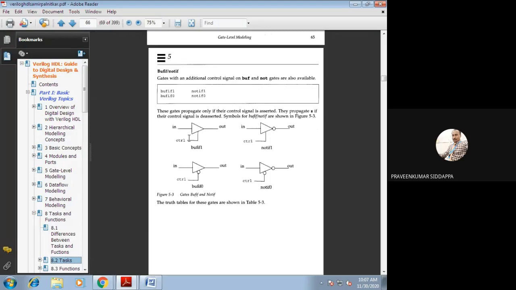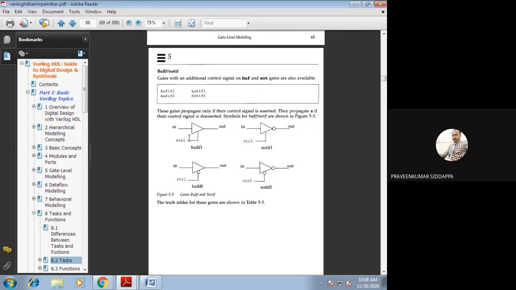Okay, so here you can check it. There are four syntaxes: bufif1, bufif0, notif1, notif0. Okay, so these are the four syntaxes. I will explain how these four syntaxes are executed with the logic symbols. I have drawn four logic symbols, so you can check.